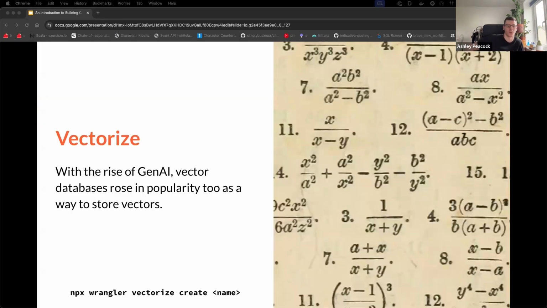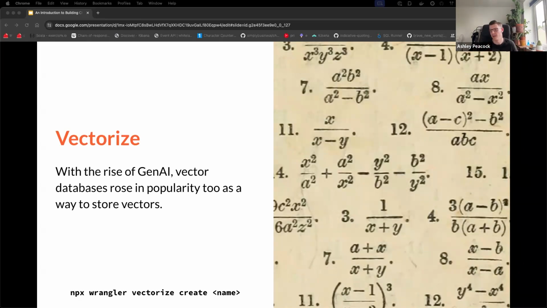Couple more to go on the platform. You have Vectorize, which is a vector database, and these are used with GenAI. They're really kind of popular these days if you're using generative AI. And what they allow you to do, it's really quite complicated. I'm not going to claim to understand the maths, but effectively, if you remember your kind of high school algebra, there's things called like cosine, and I can't even remember the other ones, but the cosine one is the main one I remember. But it allows you to see how closely related two things are.